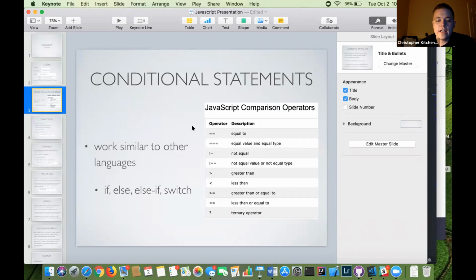So, what is a ternary? I haven't looked it up in JavaScript, I'll be honest, but in other languages, it essentially checks to see, it's either or. That's the only time I've ever used it. It switches between two different values. It checks and then it goes one way or the other.